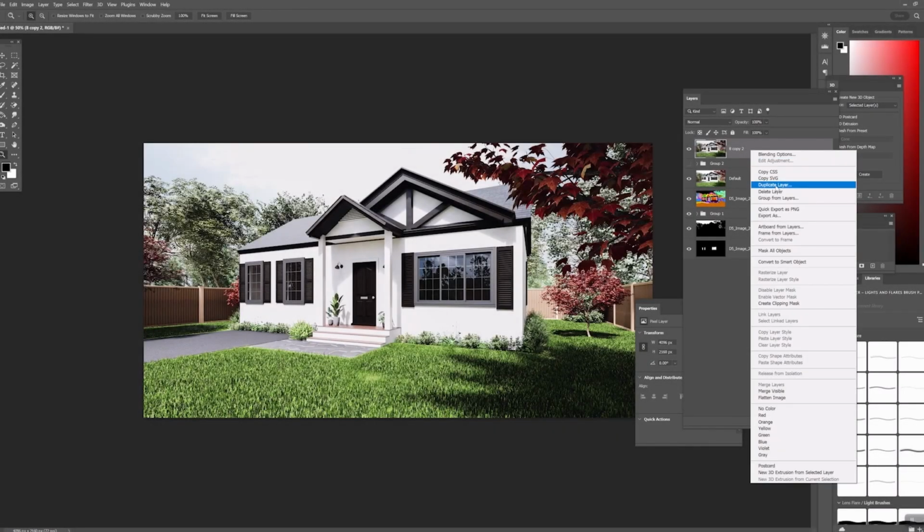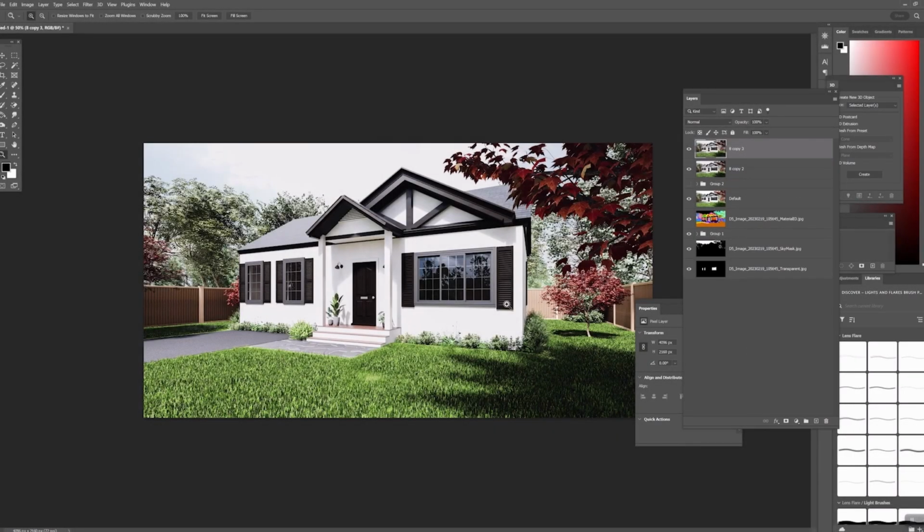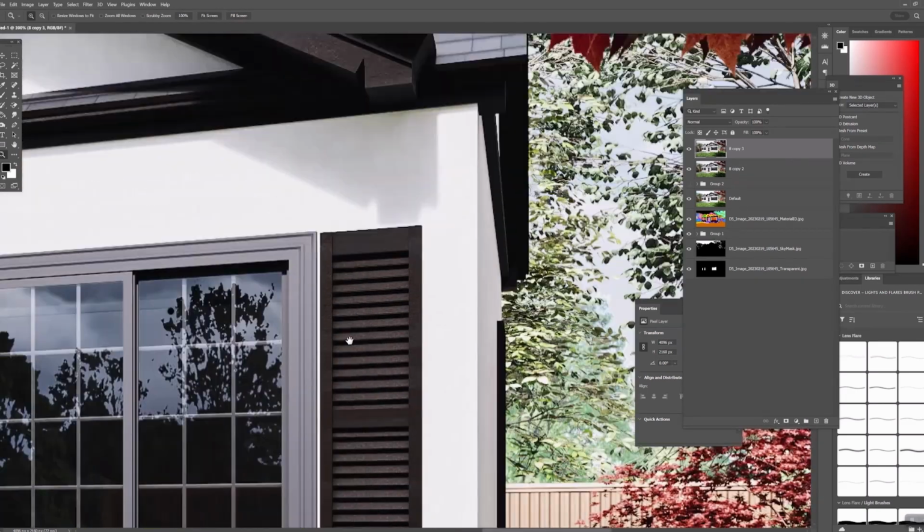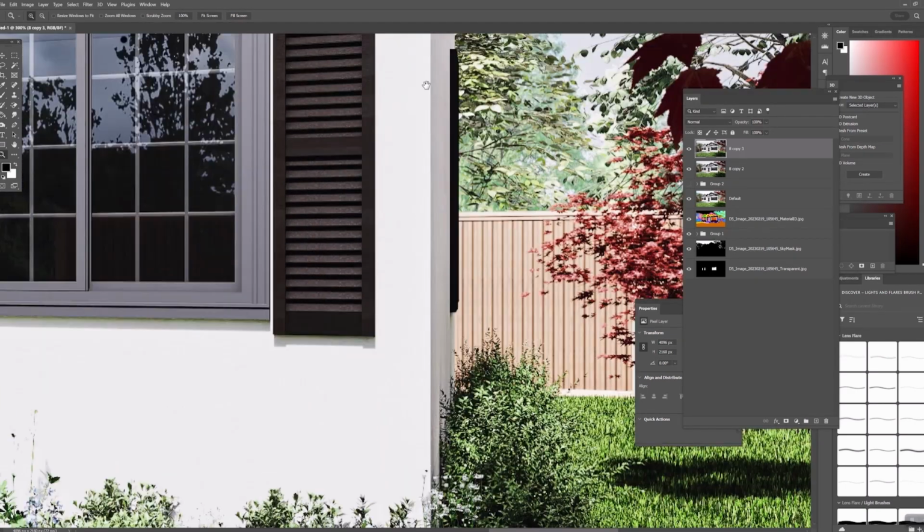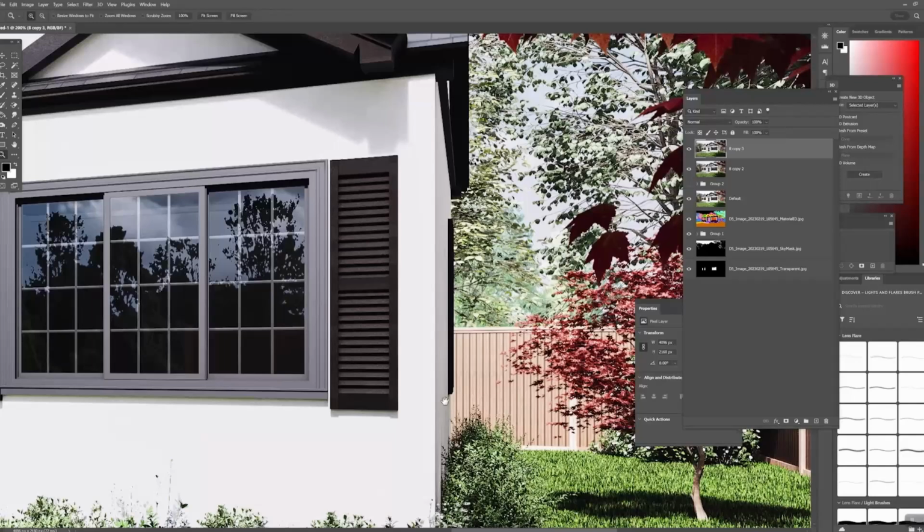Okay, a couple of finishing touches. Duplicate the layer that we were just on. When in doubt, duplicate away. I'm going to zoom in. Now, this corner seems very, very sharp to me. It's a little too sharp. I probably should have turned on the edges option in D5. So what I'm going to do is